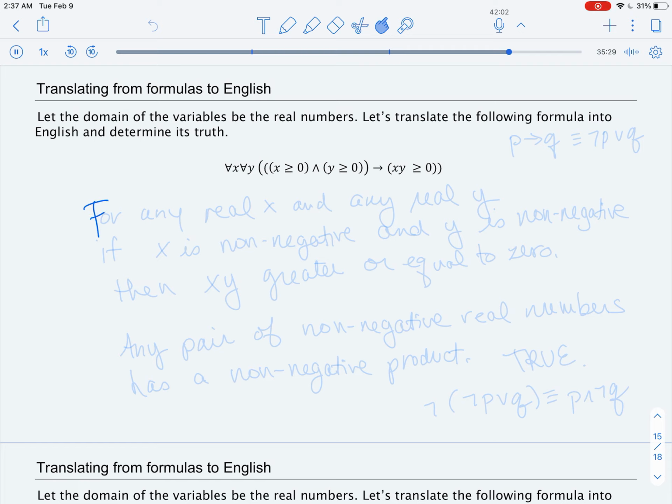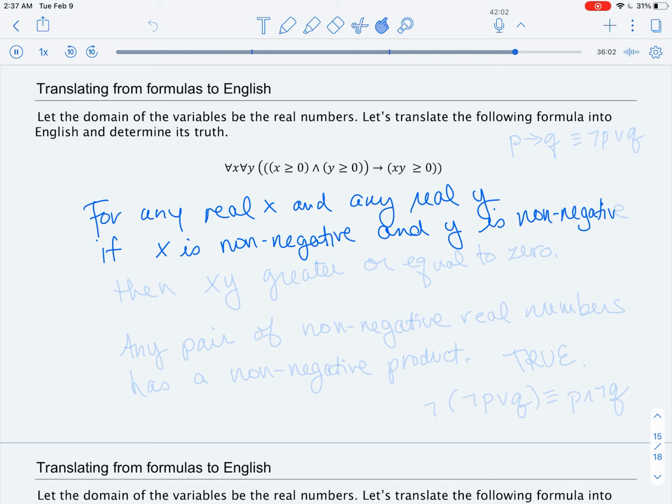So it's saying, for any real x, for any real y, if x is non-negative and y is non-negative, then x times y is greater than or equal to 0. A more natural translation is any pair